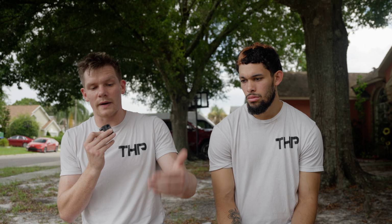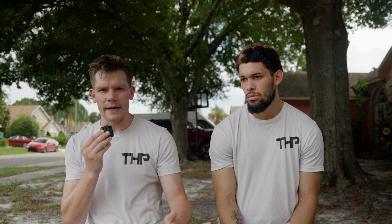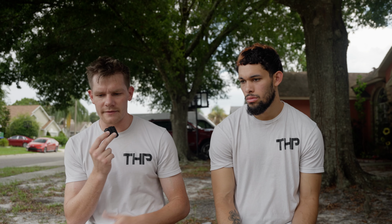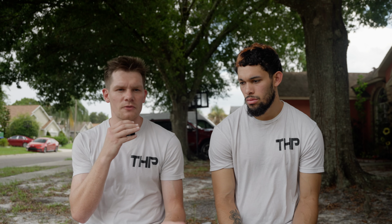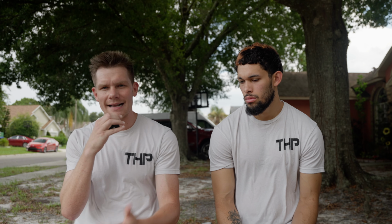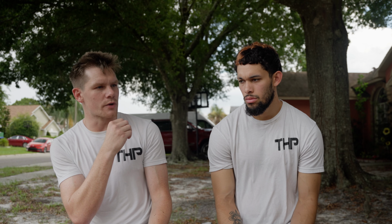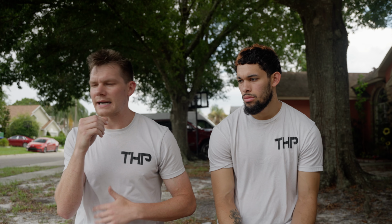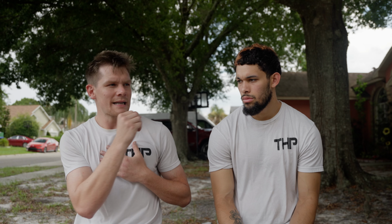So you can train the muscle by taking advantage of something like the size principle or rate coding, where your nervous system is upregulated to a high degree and you're doing a lot of explosive movements, and you can train the muscle to act more like a type 2 fiber. You can train a type 1 fiber to act more like a type 2 fiber. But as soon as you detrain or you go the other direction, like let's say I stopped training completely and I was a normal human, not casted, I'm going to go back to my type 1 fiber activity